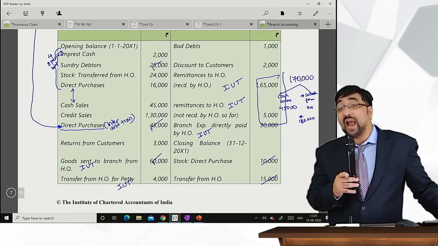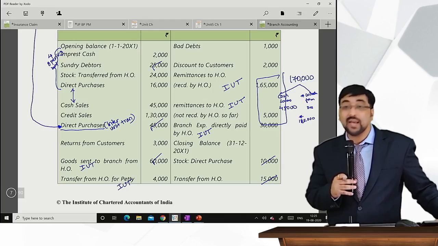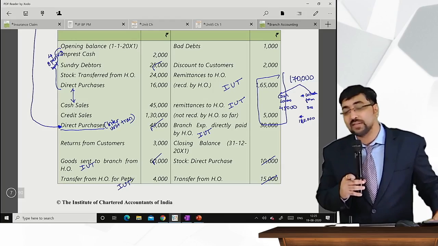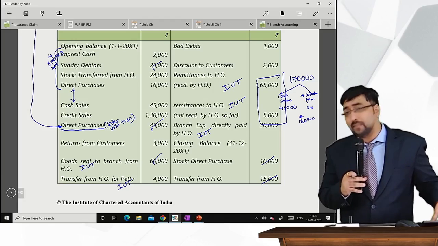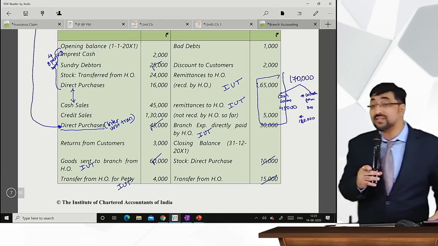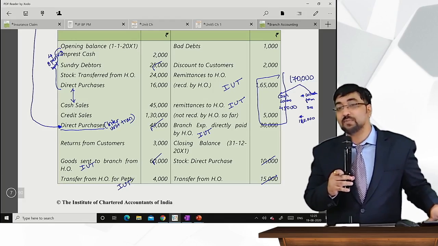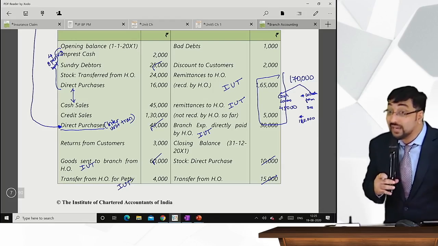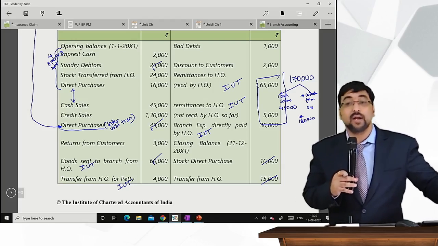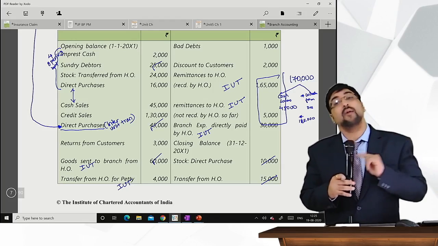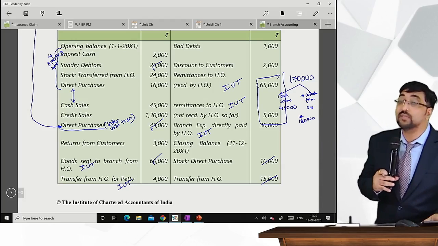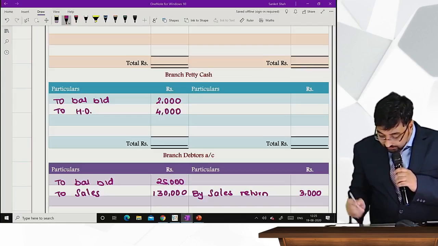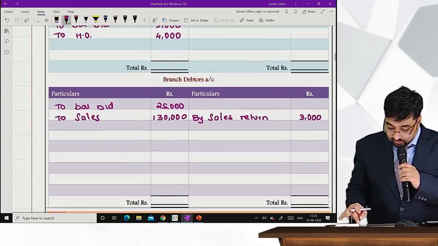Bad debts. Bad debts is not cash expenses. Bad debts is non-cash expenses, and therefore we will write it in the profit and loss account and not in branch expenses. In the study material, it may be in branch expenses account. It is one and the same effect, because ultimately the expenses balance is transferred to profit and loss account. Therefore we will write directly in P&L account. I have bifurcated. If there is a cash loss, a cash expense, I will write it in branch expense account, and if it is non-cash, in that case I will write it in the profit and loss account. So friends, write down this in profit and loss account directly.